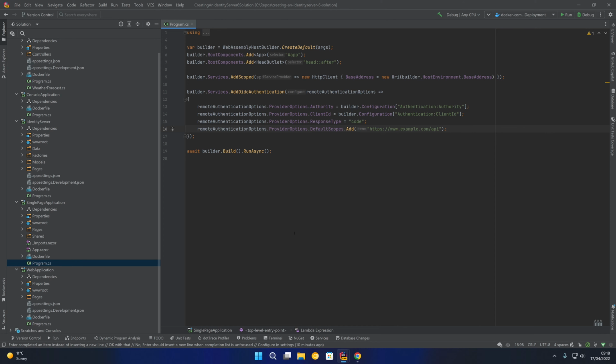However, this is of course a single page application, which means it's running client-side in the browser. That means that environment variables in the Docker Compose file won't be picked up because the application will be running on the client side as opposed to the server side. And so we need to configure those details in the appsettings.json, which is located under wwwroot,